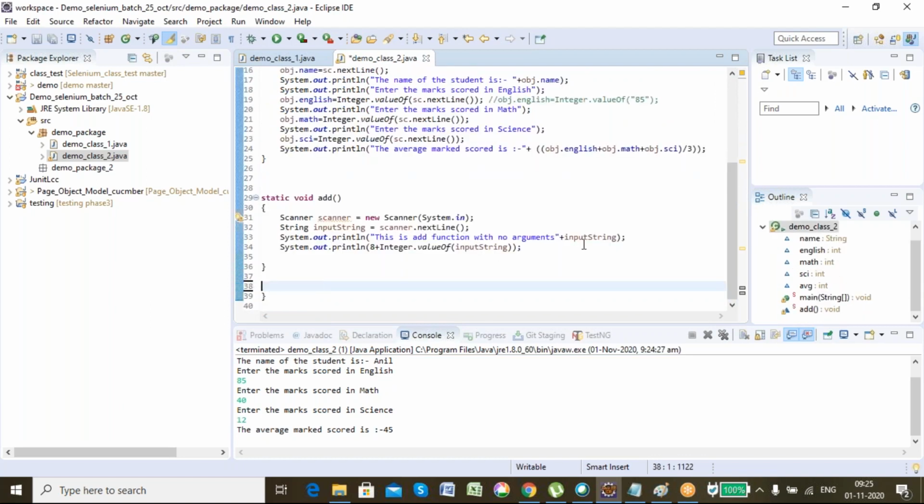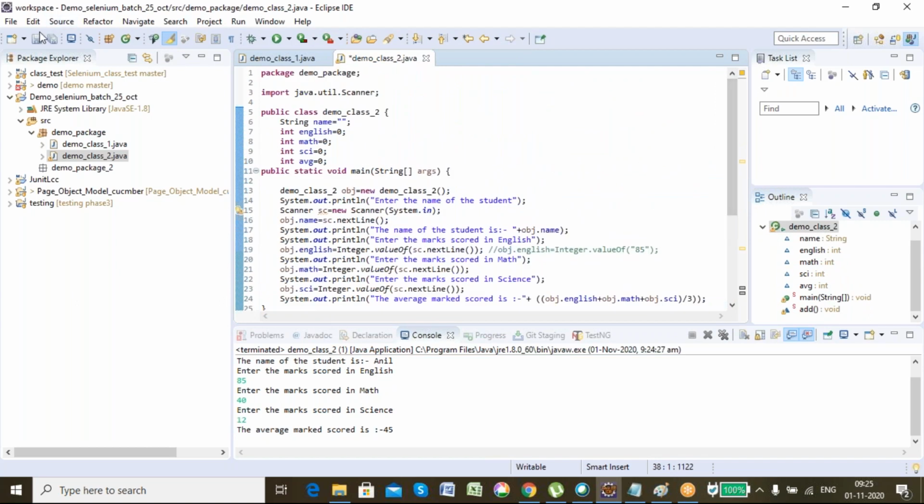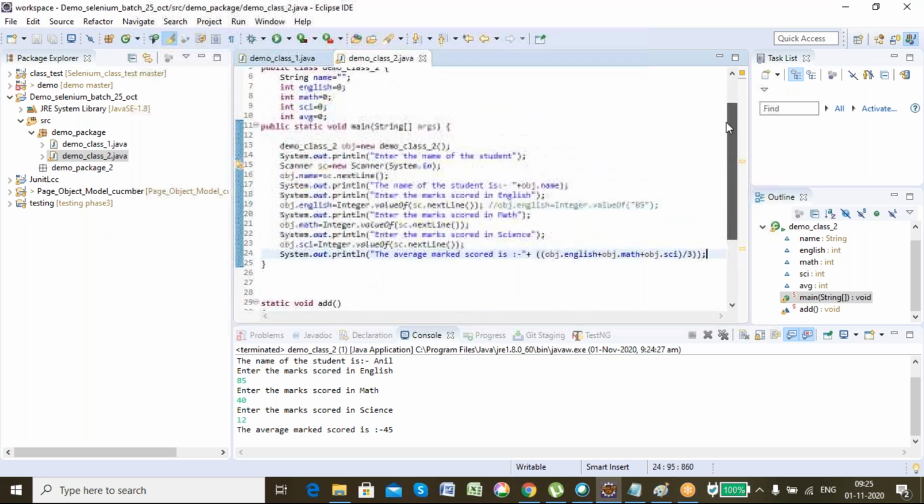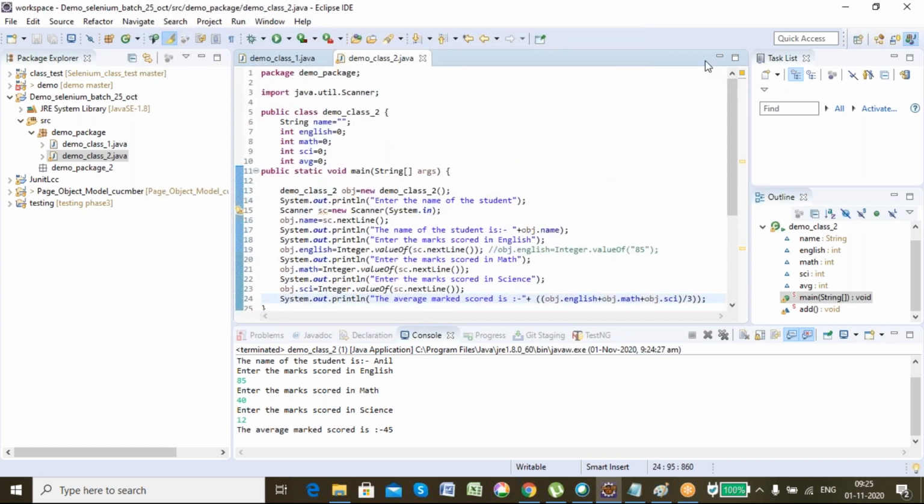Now let's learn about conditional statements. Here only, let's say for example, I want to check whether a student has passed or failed in his examination. So for passing, the mark is 40 or above. So for that, I need to use a conditional statement like, if he scored 40, then he has passed, else he has failed. So for that, we can use an if else statement.